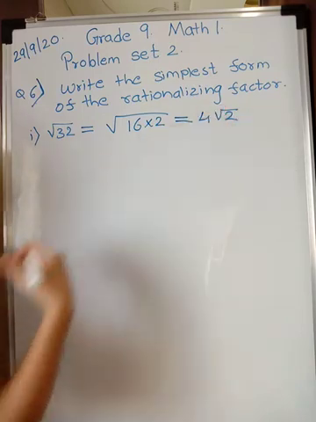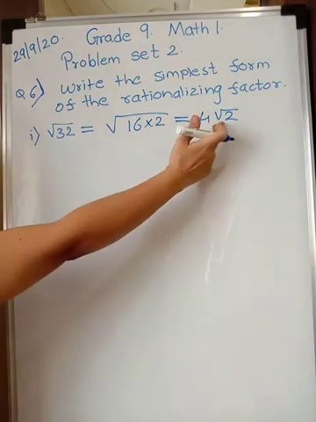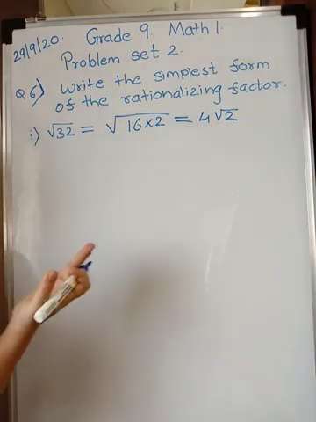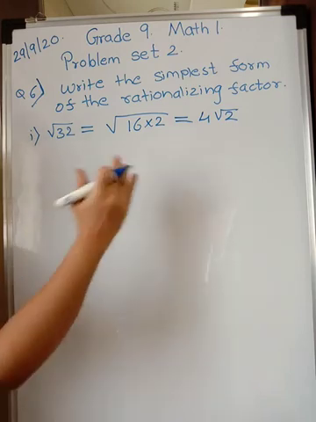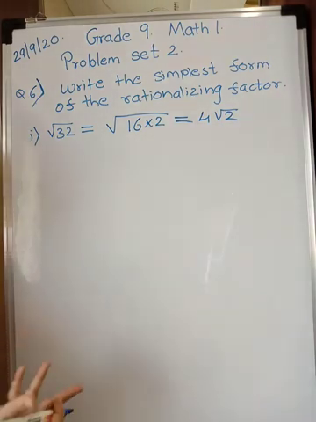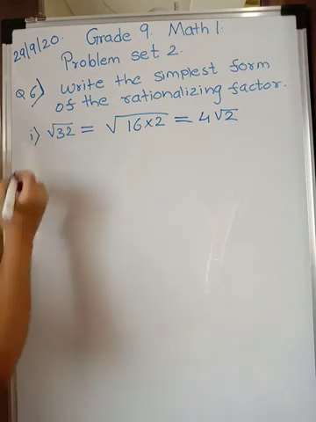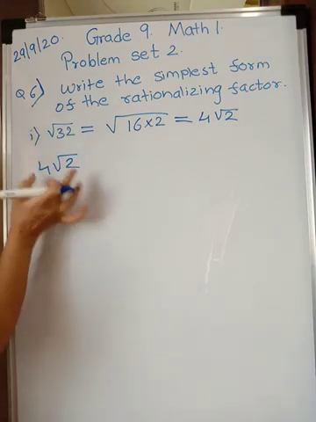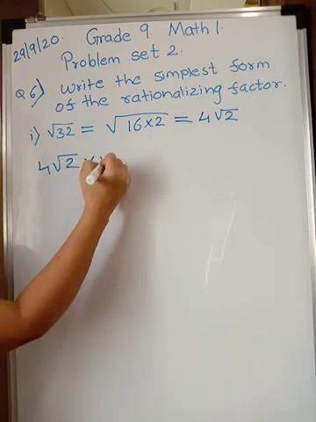To convert this into a rational number, by which number do I have to multiply? Obviously I have to multiply by root 2, because root 2 into root 2 will give me 2, and 4 into 2 will be 8, which is now my rational number. So 4 root 2, which is actually an irrational number, if I multiply this number with root